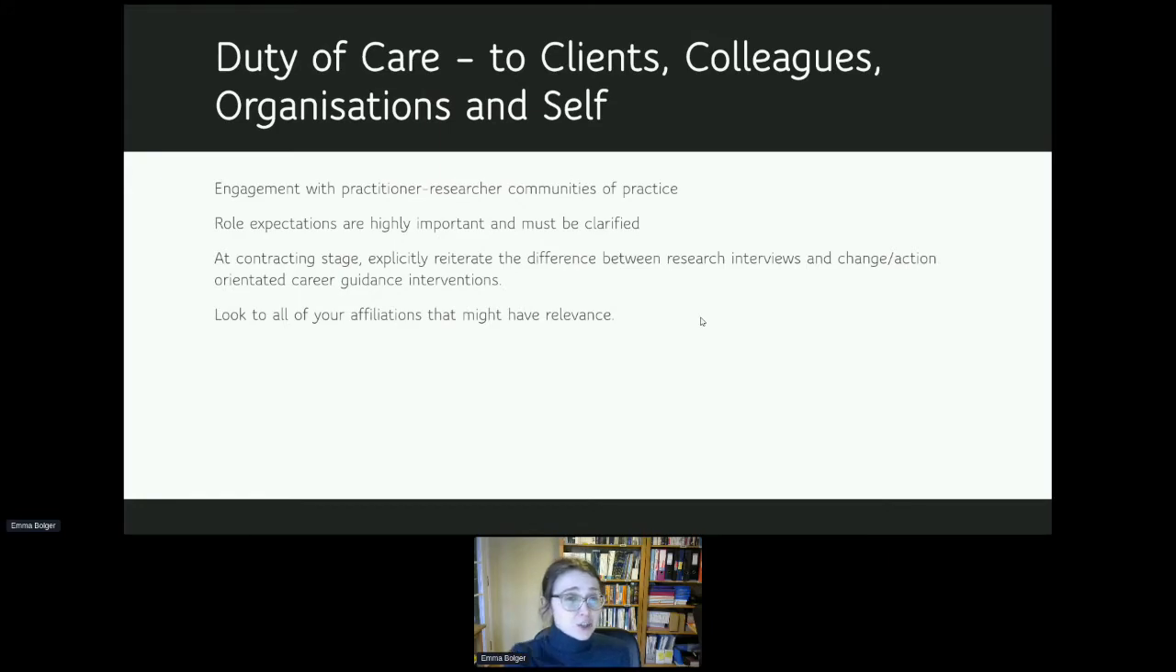Role expectations are really important, and we need to be very, very clear when we're conducting research that we are not there in the capacity as a career advisor at that point. So you may well find that you are conducting research for people who know you in both of your roles as both a researcher and a practitioner. So you may need to highlight that and clarify that, because that may affect the way in which people talk